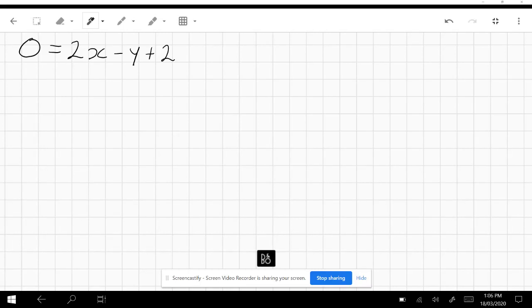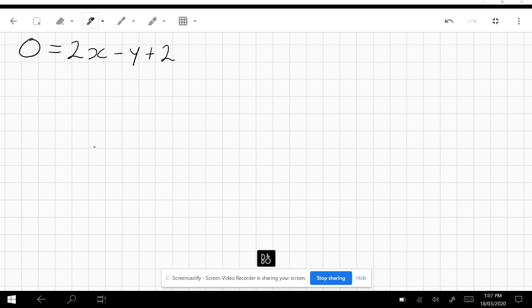Hi, so in this video what I'm going to show you is if I have an equation like this one that I've got here in a general form, how to graph those. Now this one right from the get-go is pretty straightforward because this has got a minus y here. With a minus, there's two ways to do it. Firstly, we can change it to y-intercept form, or secondly, we can substitute in and find the x and y